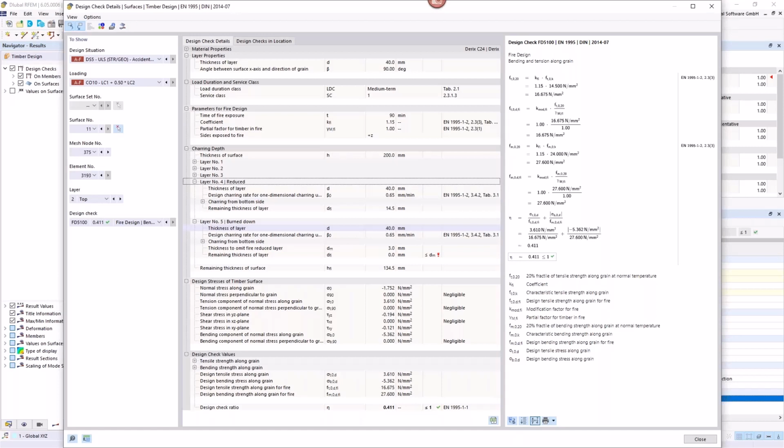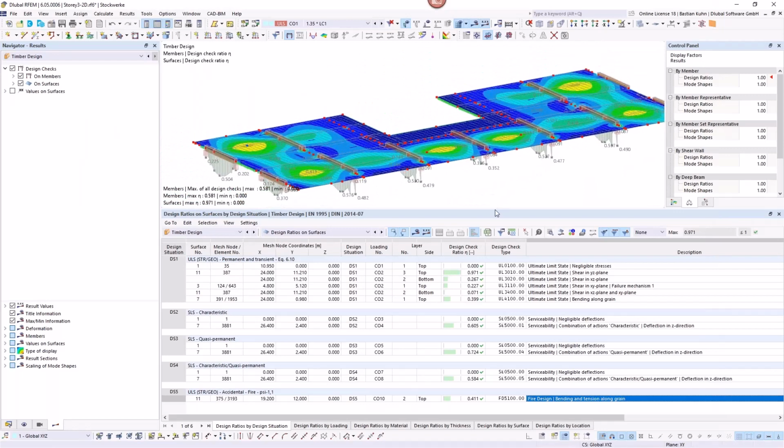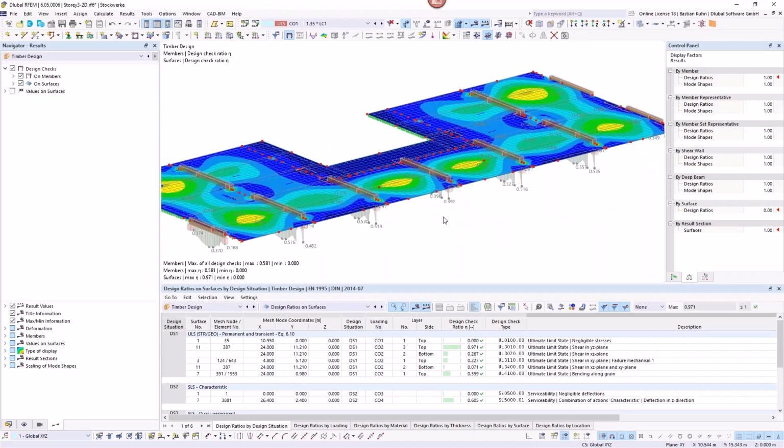I don't know a software out there that is calculating 2D surface elements, assigning a fire resistance verification by also reducing the stiffness. I mean, there are probably some softwares that will reduce or have the reduced section, but they will not reduce the stiffness. And it's so important if you look at the effects that it has in here. So that is what we are very proud of, that we have it in our software now. And I think it's one of the best things you can have. Okay,